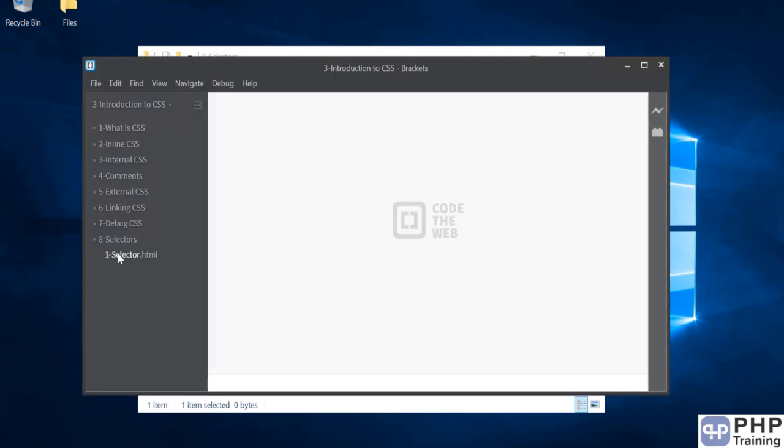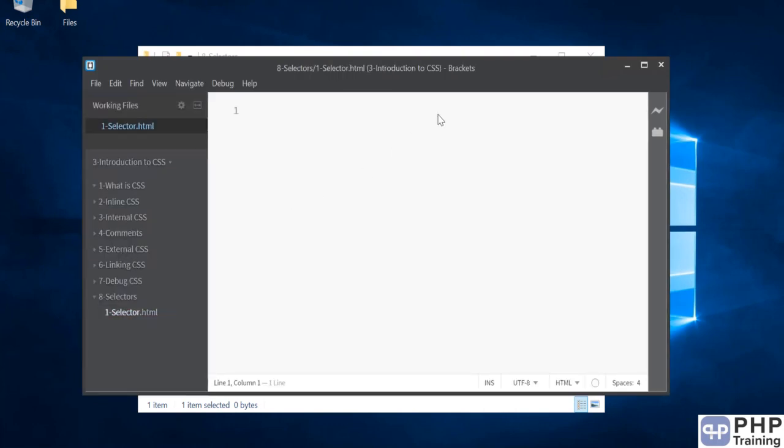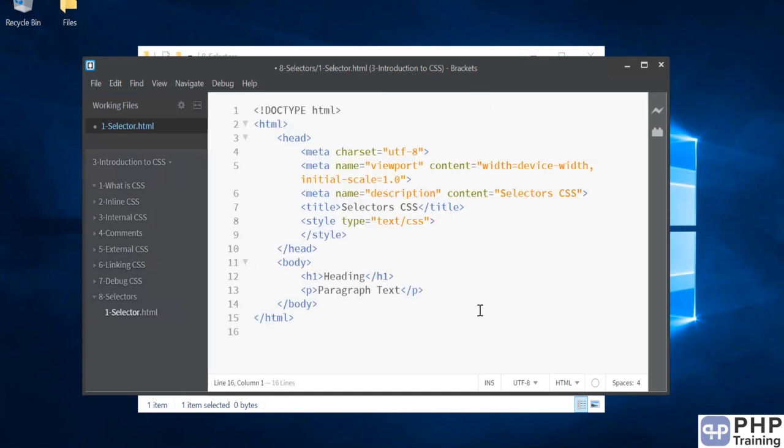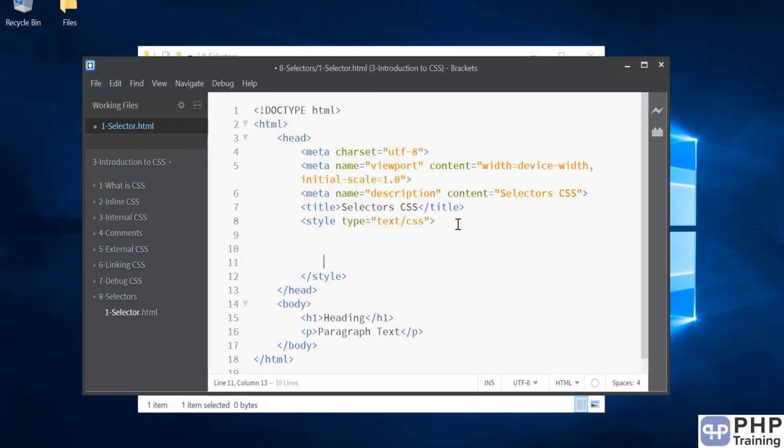All right, so let's open our file selector.html. So I'm going to copy paste the basic boilerplate here. All right, so let's start writing a selector. So how do you write a selector? Let me show you the syntax first, then we're going to start writing the selectors, all different types of selectors. So the name of the selector